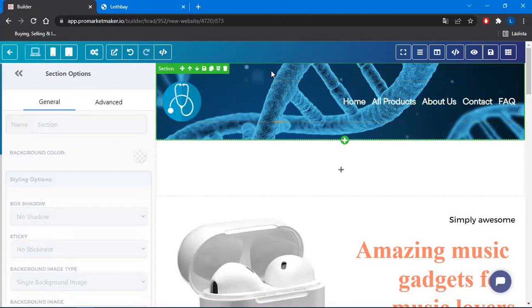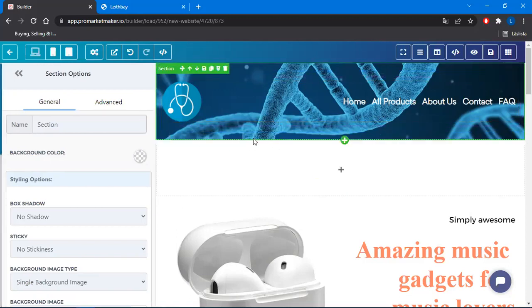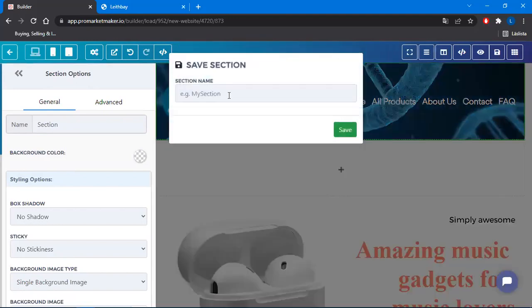Super simple. Okay, so this is a cool trick. If, let's say, you're really happy with this and you want to use this section maybe for all the other pages, and you don't want to sit and do this all over again, what you can do is, if you hold the mouse on the section part, right there it says save section. If you click that one and you call it navigation menu, for example, if you save that,